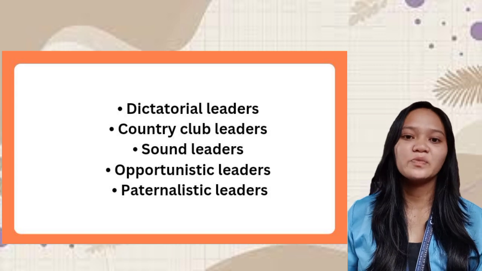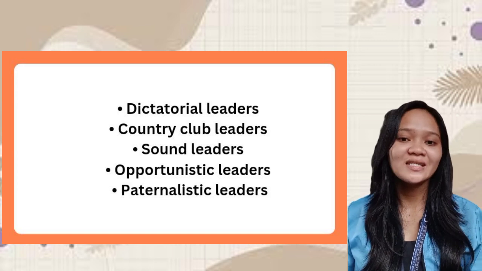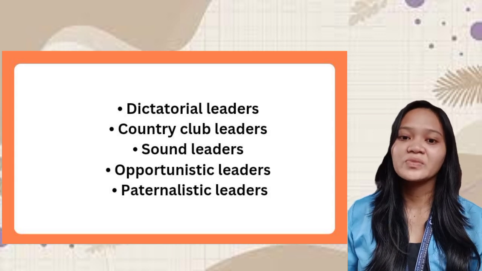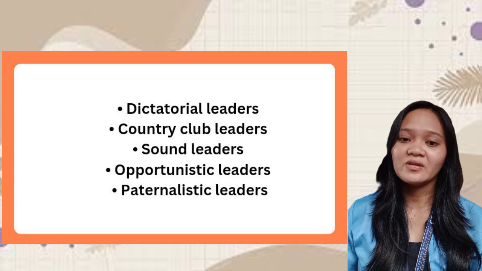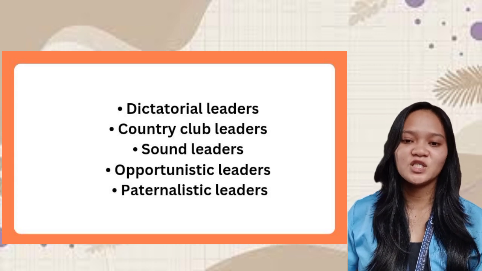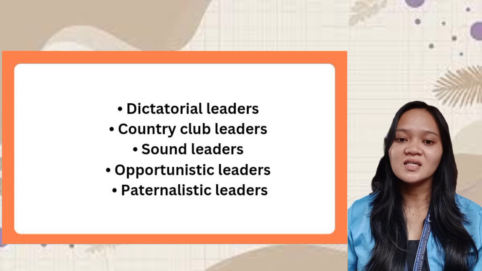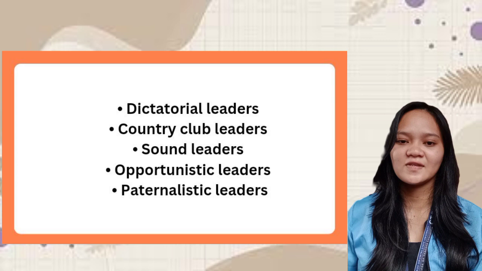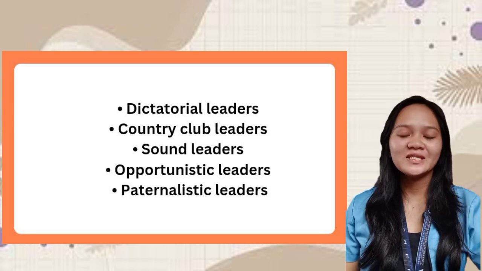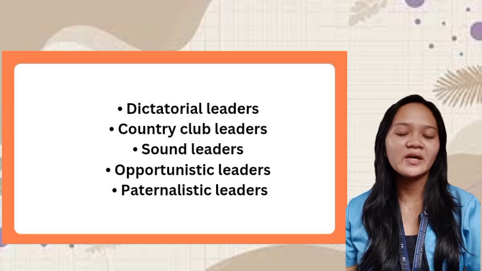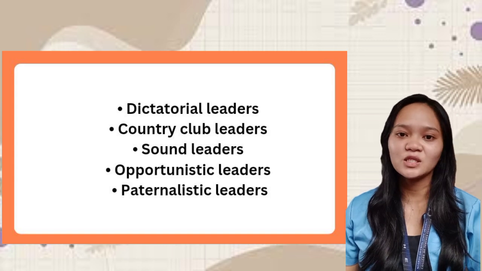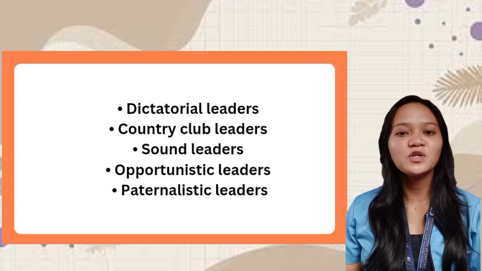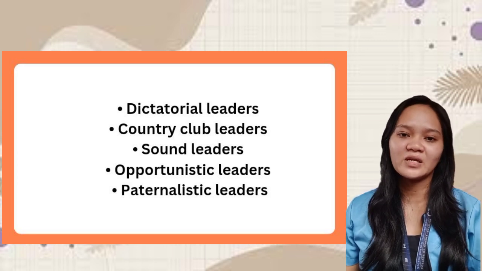The ninth one is opportunistic leaders. Opportunistic leaders pick and choose different behaviors from the previous styles. They can adjust and adapt their leadership styles to fit particular situations. They are goal-oriented and will use whatever methods are necessary to achieve their objectives. For example, they might adopt a dictatorial persona in the weeks leading up to a major deadline and then shift to country club leadership afterward to repair their relationships with their teams.